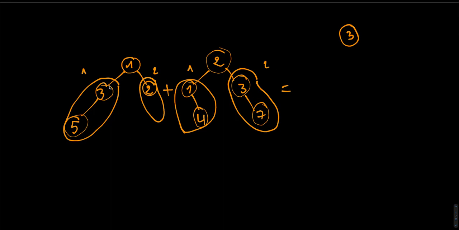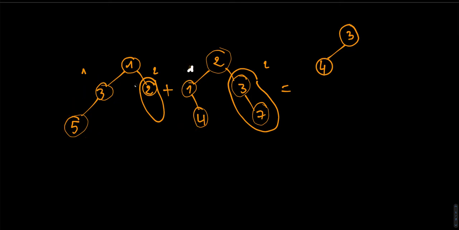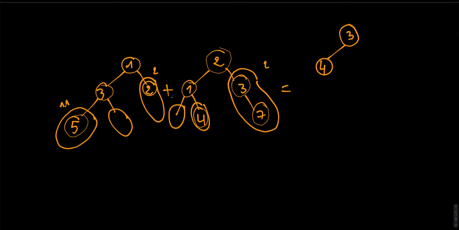Now I want to merge these two subtrees. We have their roots 3 and 1. So 3 and 1 are not null, which means that we can add them up. So I'm going to add them up like this, 4. And now what I need to do is merge the left subtree with the left subtree, but it's null in our case, and the right subtree with the right subtree. So I'm going to call this 1.1 with 1.1,